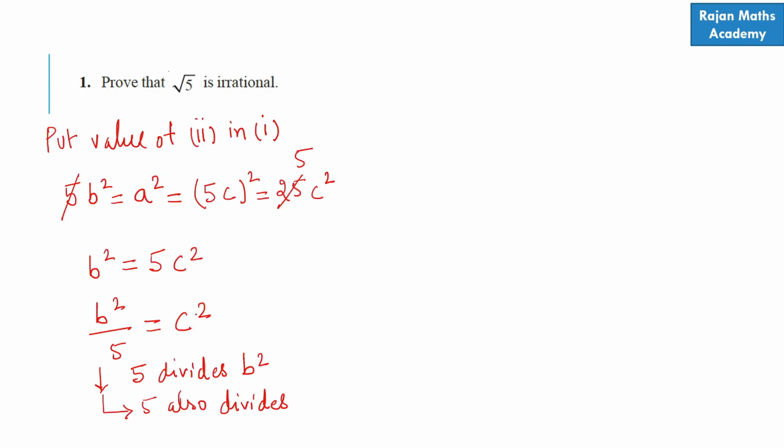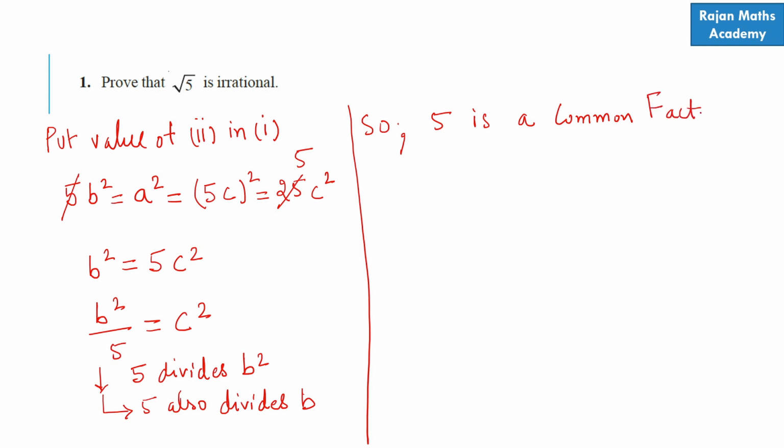Now we have seen 5 divides b. So 5 is a common factor of a and b,